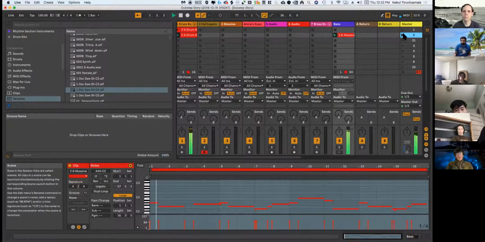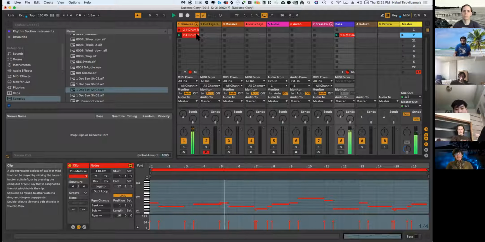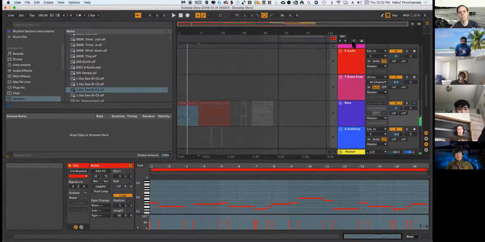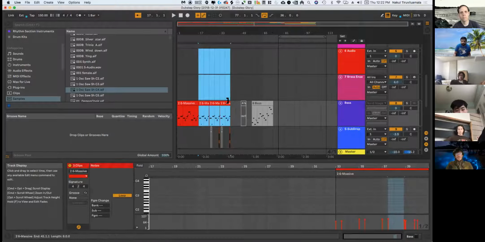All of a sudden, I've got drums, now I've got drums and bass. And then maybe all of a sudden, I want to ramp it up. And there's a particular part in the set where I want to,